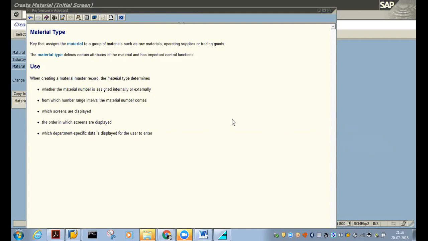Yesterday we were not able to enter the material number, right?